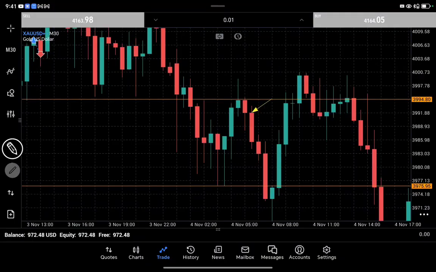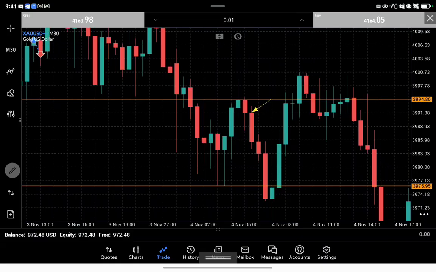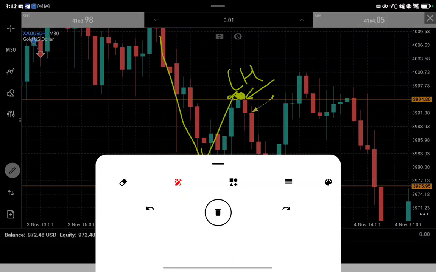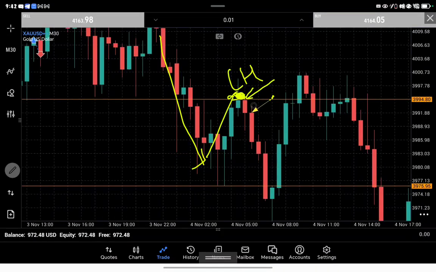Many times, if you look here, the overall trend was obviously down. I'm going to explain this one trade. The overall trend was down, the candle created a low, created a lower high, and created a resistance, meaning it's a valid downtrend from here, and the candle closed bearish. So what would you do at this point? What I do at this point, if I am in this trade, the first thing I can do here is,